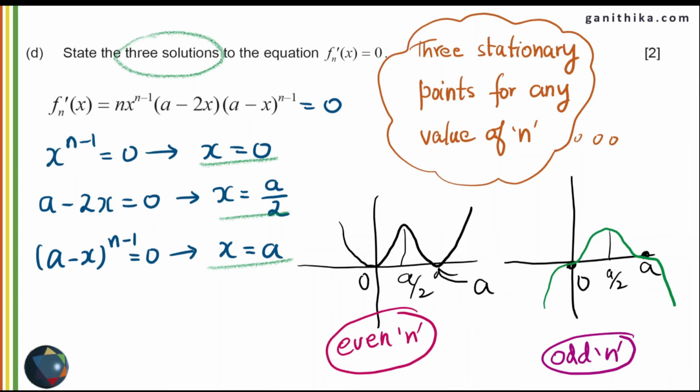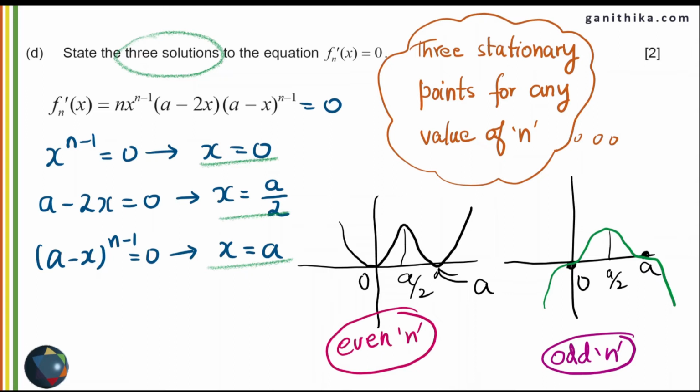Another information you can get from here is, in both the cases, whether n is even or n is odd, in both the cases at x is equal to a over 2, you have the maximum point. So this is something to be noted at this stage before you go further. So in this paper, it's always important to collect what you have done so far after answering each question, so that you know where we stand in that particular question.